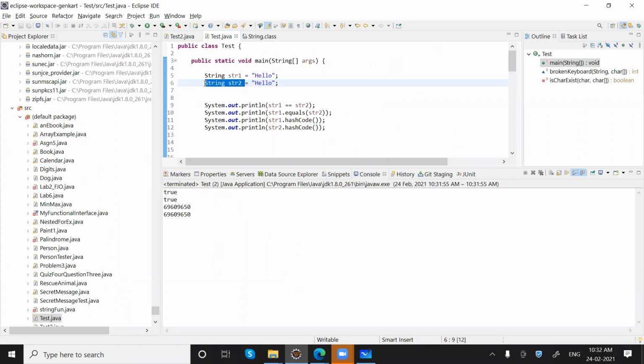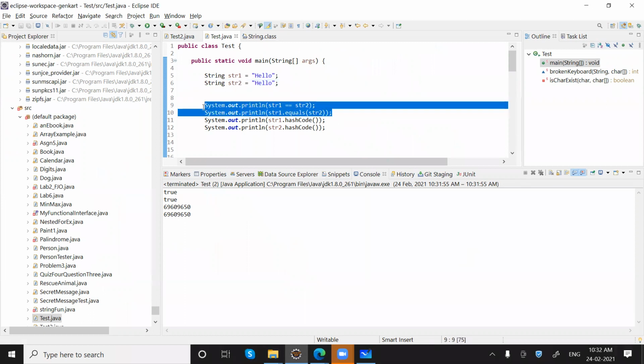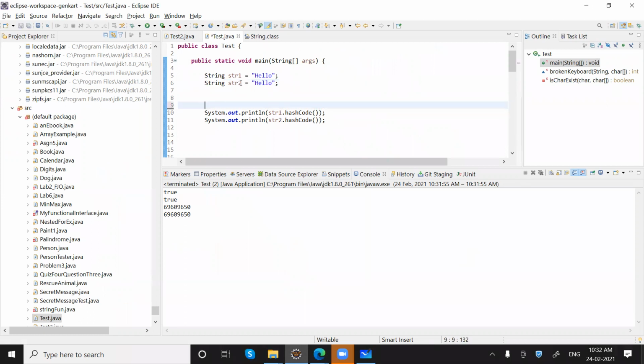So what I'm doing now, we have str1 and str2. I'm printing str1.hashCode() and str1.hashCode().